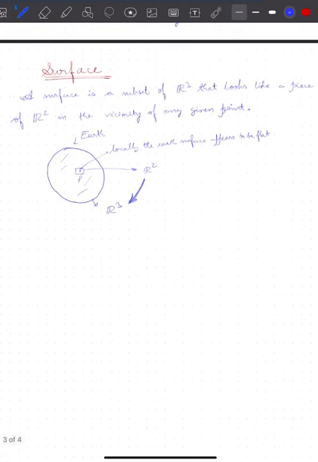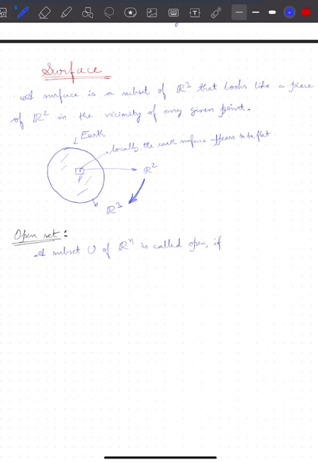Now, before we try to give a somewhat rigorous definition of a surface, we first have to introduce some concepts in set theory. So first of all, what do we mean by an open set? Right? So an open set is a subset U of Rn that is called open